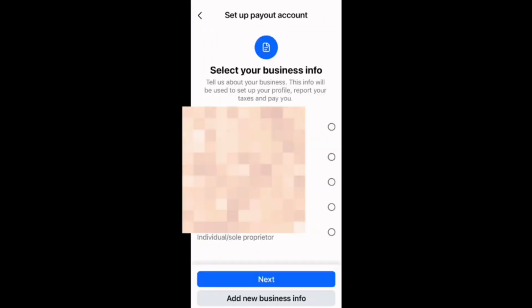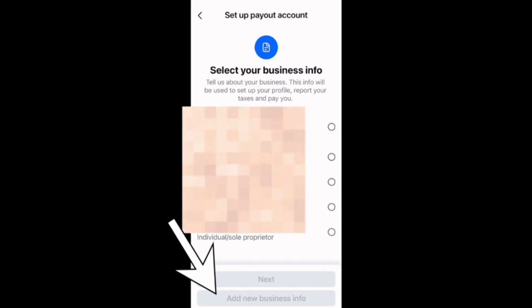Once you click on get started, it takes you to set up payout account. For me, I've already been earning on Facebook for a while. In fact, I started from when I couldn't earn from my country. I had to get somebody who is in a monetized country to help. So you're seeing a lot of names right here until I was able to do it myself, and now we are on content monetization. So the next thing we're going to do is add new business.